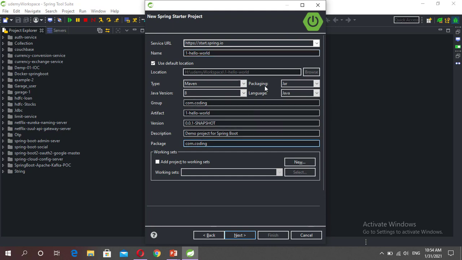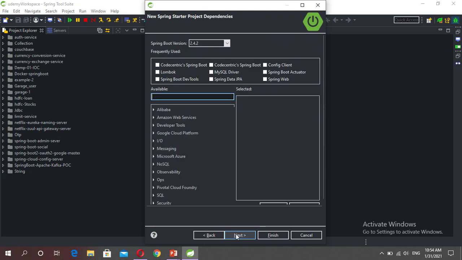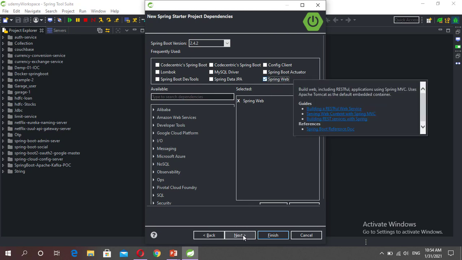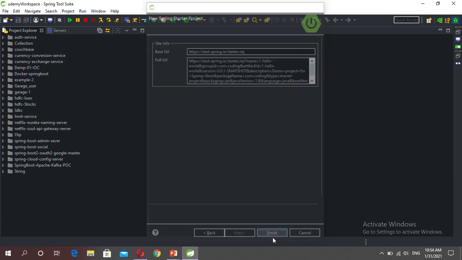Package com.coding. Packaging jar. Language Java. Java version is 8. Then click next. We need to select one dependency, Spring Web. This is the Spring Boot version 2.4.0. Click Spring Web, this dependency is required, then click next and finish.